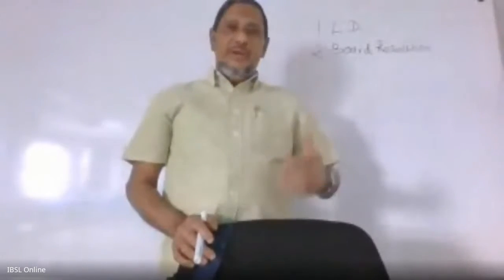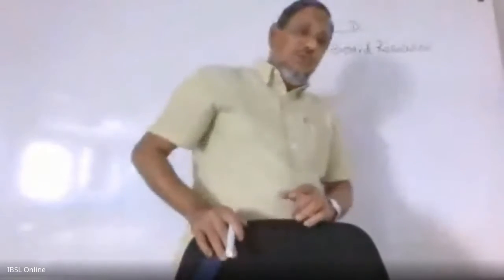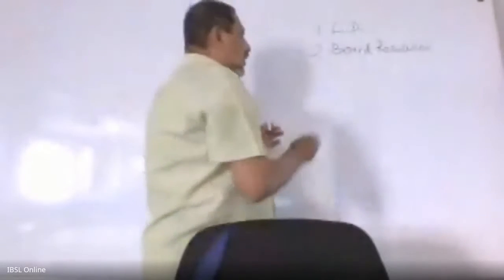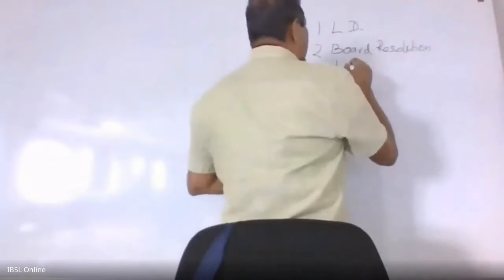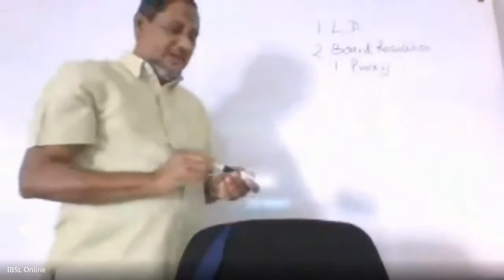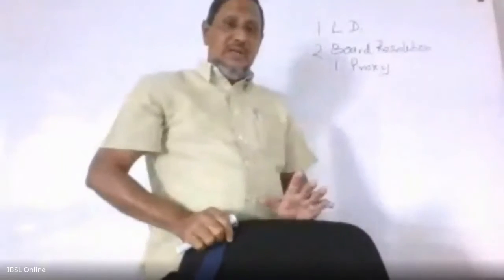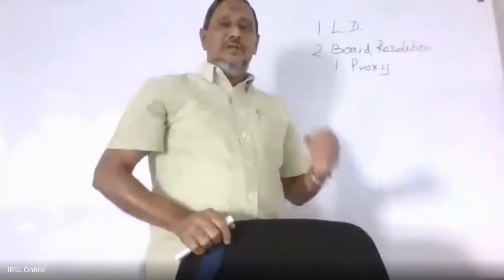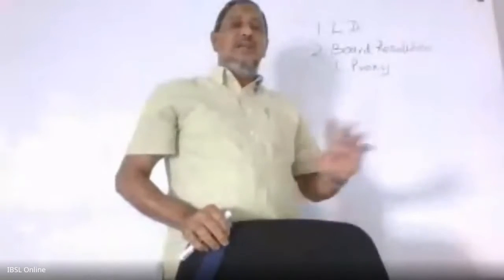So we have to prepare a memorandum, a memo has to be prepared and submitted. We have to get the approval for two things. Number one is the file action proxy. We have to get a proxy, the approval for legal action. First is the proxy. Proxy means appointing a legal officer, a lawyer. The board has to appoint a legal officer, either our legal officers or an external legal officer.